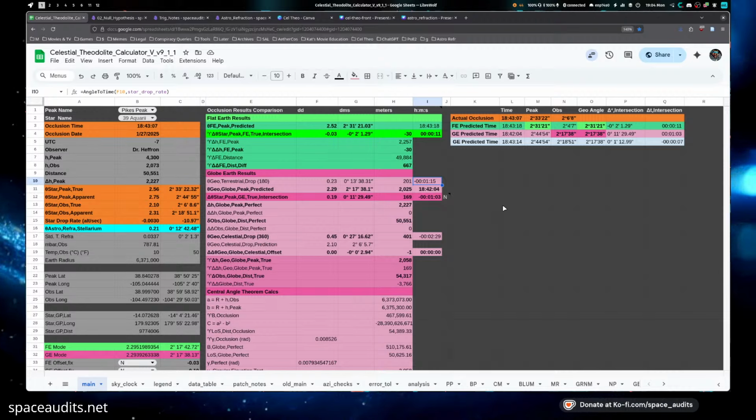The beauty of this, the celestial theodolite, is that everybody can look up where the stars are going to be in Stellarium. They can also film a mountain, and from that they can do trig to the mountain, or we could do it. But the point is that this is repeatable. Everybody could do this, and there are two outcomes. If the Earth were actually a globe, these stars would intersect with the mountain at a different time because the Earth is a globe, but they don't.